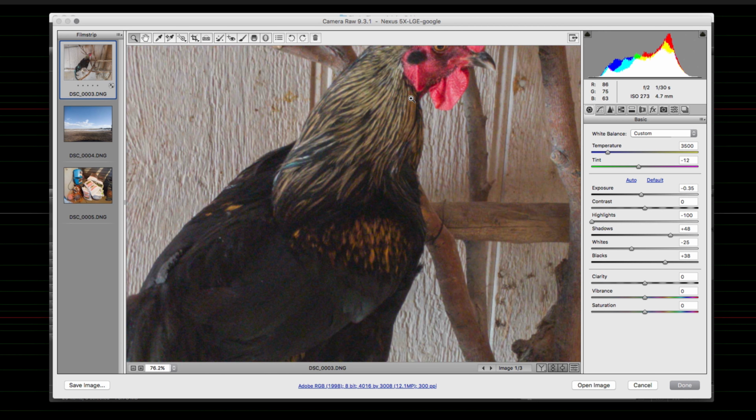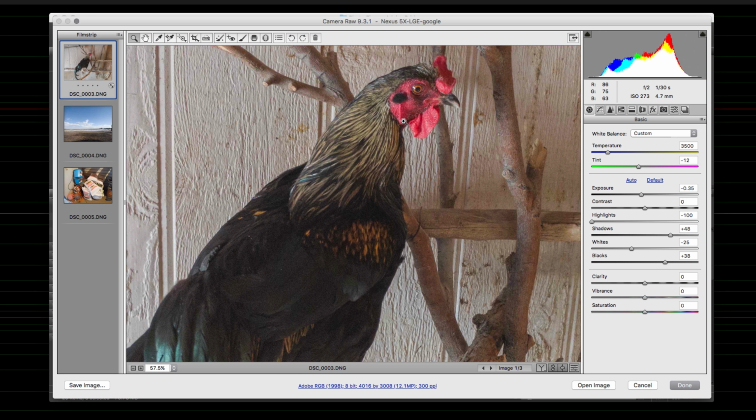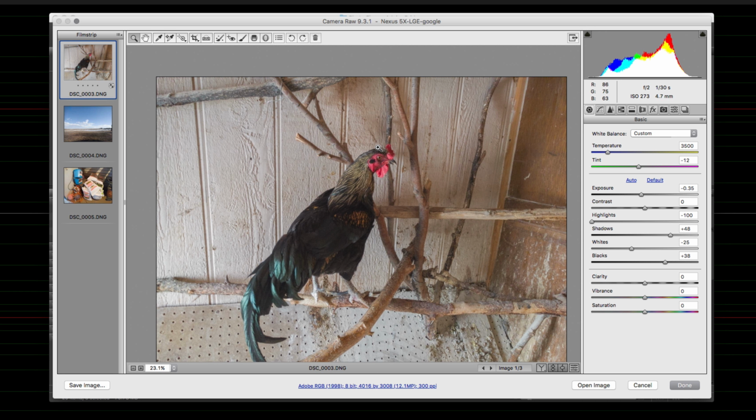Yeah. I can click and drag the magnifying tool around to get a better look at some of the details. So this is actually looking pretty good. I can get a really good shot of him. I mean, in reality, this is a really poopy setting, very literally, to take a picture of anything, but it is what it is. So the next thing I'm going to do is select the crop tool